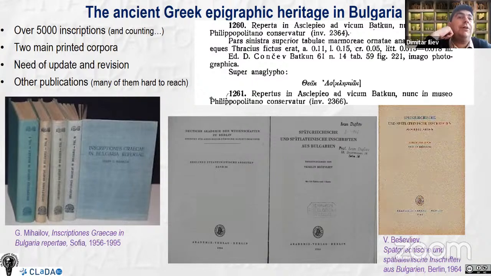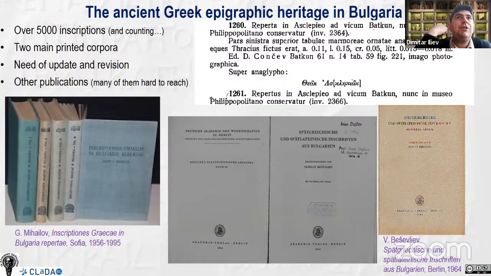We also have, of course, Bulgarian and Old Church Slavonic inscriptions, the Old Church Slavonic ones being in Cyrillic and Glagolitic alphabets. So you can say that there are two branches of this old epigraphic heritage. There's also, of course, the Ottoman epigraphic heritage. So there's a very diverse picture, but of this, the ancient epigraphic heritage forms a significant part, and Greek inscriptions